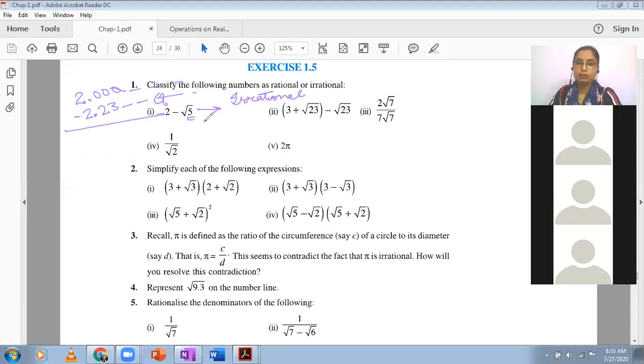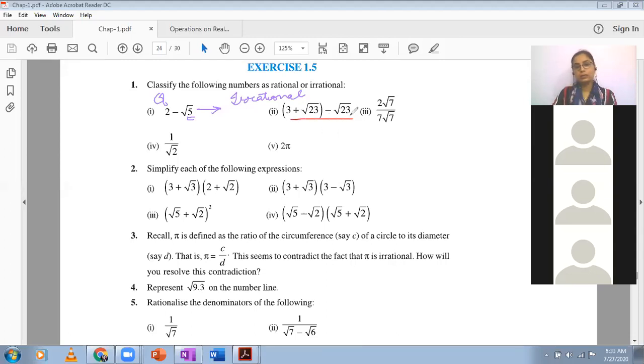Whatever value is given to you here, 2 minus root 5, it will provide you with an irrational answer. Anyone? I would prefer that you just ask anything because this exercise is very important. This one and the next one. The one we did previously, where you convert decimal numbers into p by q form, these ones where we deal with surds and perform operations on them, and the next one which contains laws of exponents containing rational exponents. These are all very important topics. So if at any point you feel that there is a doubt, just ask me. All right.